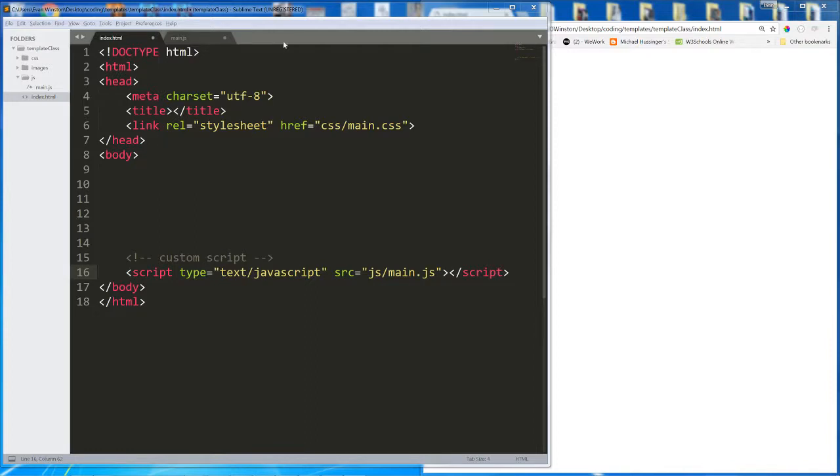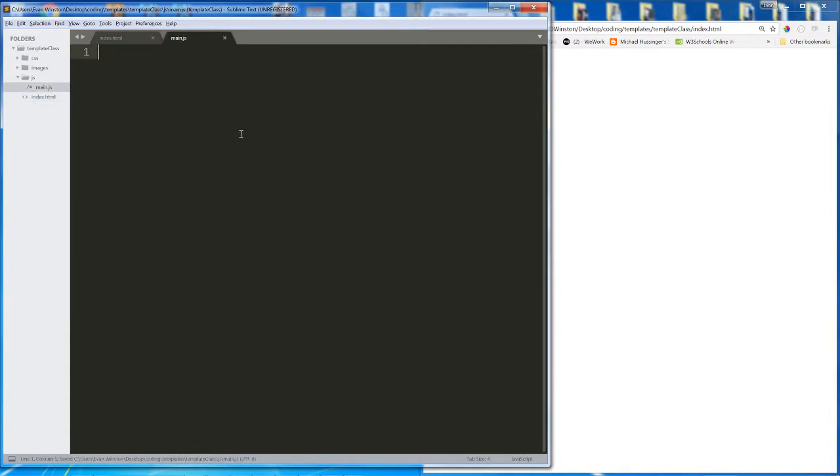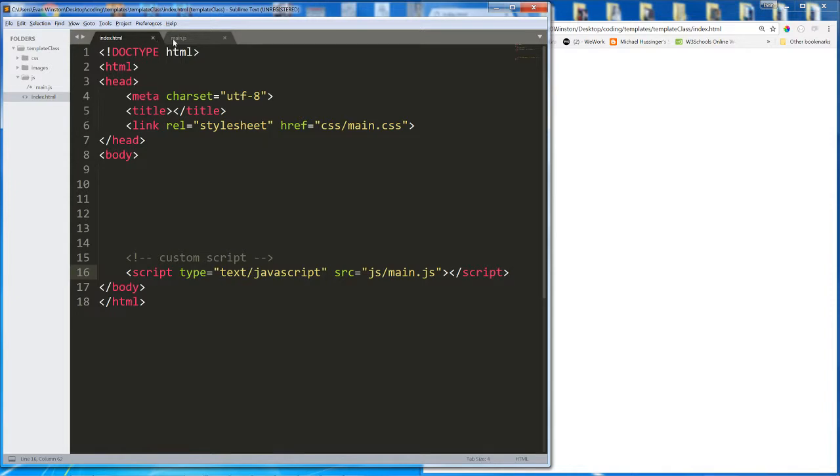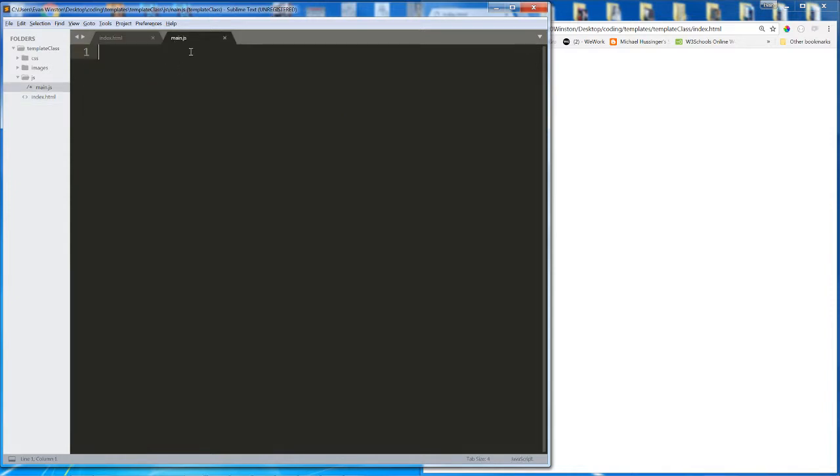All right, now that we're set up and ready to go, before we actually start coding anything or talking a little bit about what JavaScript is, let's run a quick test to make sure that our main.js file is connected and configured correctly. Okay? What we're going to do is inside of main.js, it's currently blank, I'm going to write console.log,